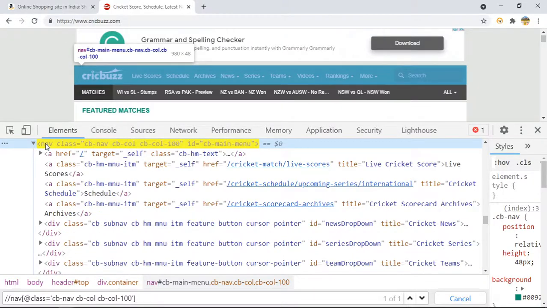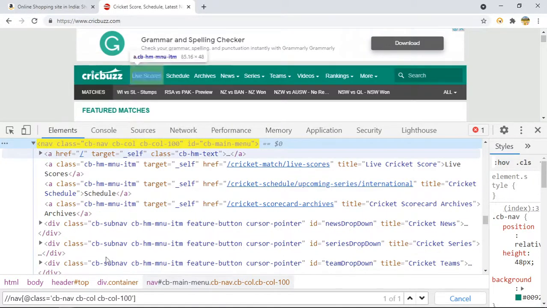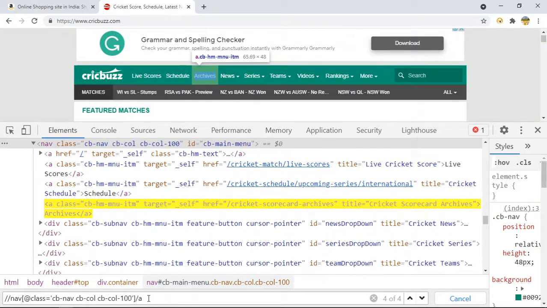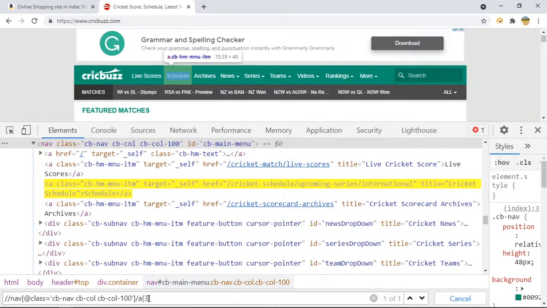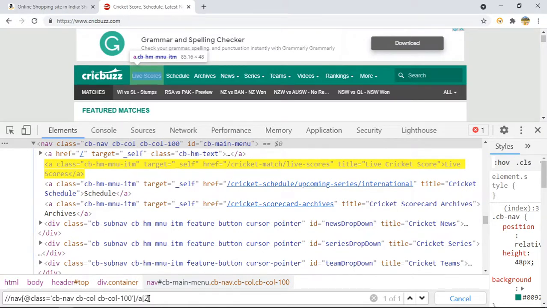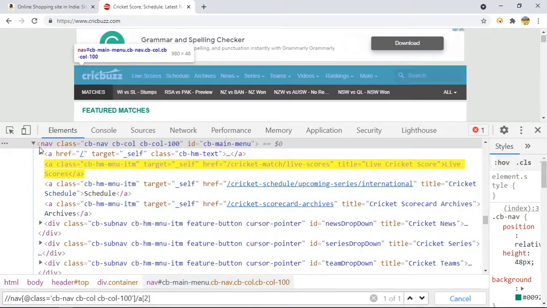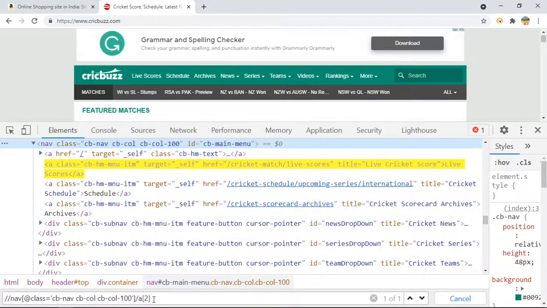I want to move from this parent to this first A. So how can you do it? You can do slash A, right? We are getting 4: 1, 2, 3, 4. So if I want to go to the third one, I can say 3. If I go to the second one, I can say 2. So this is basically what we can do in the case of parent and child, because this is a parent and these are the children. So this is how we can do it.